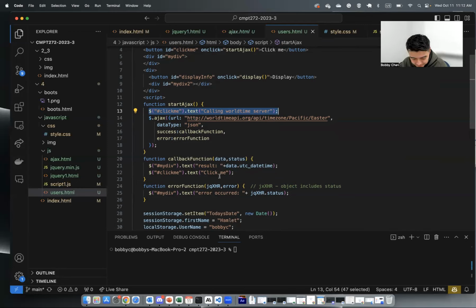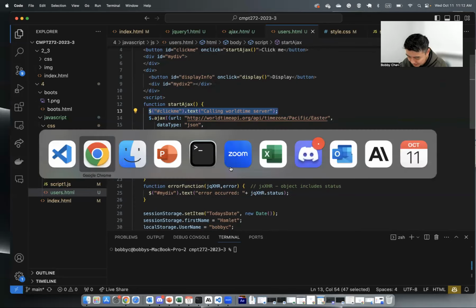So let's go into, oh, I know what happened. I was supposed to take a look at ajax.html. Sorry. All right. So anyways, we'll take a look at